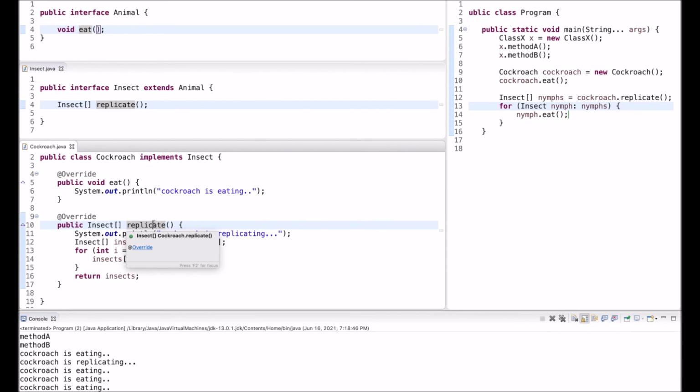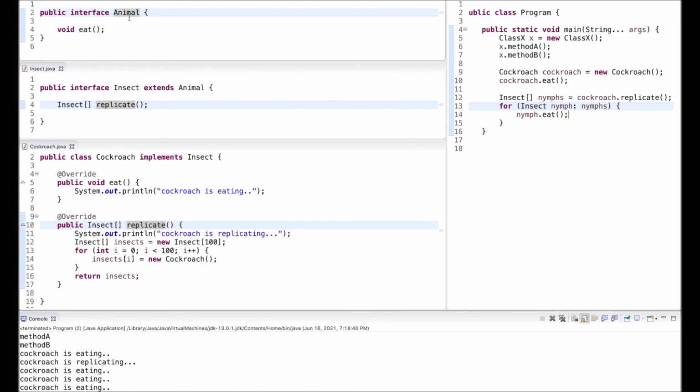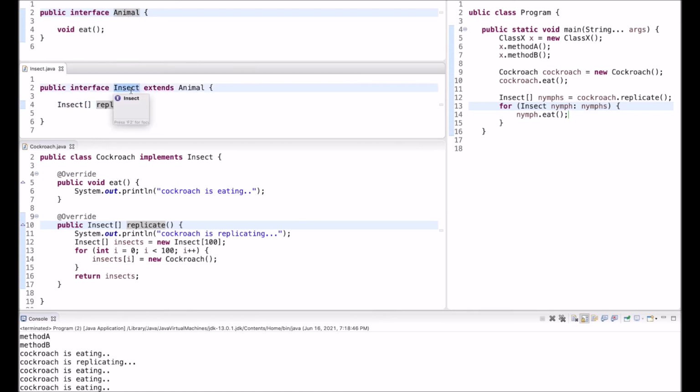and for replicate. Now taking this thought a step further, I could build a whole taxonomy of animals here. A hierarchy of types, where animal is at the very top. I can use interface extension like I did with the insect. I can use classes that implement those interfaces, and I could also add abstract classes or class-based inheritance so that I can build a whole taxonomy of animals and the different behaviors that each type represents. This brings out the full power of object-oriented programming with interface extension and class-based inheritance.